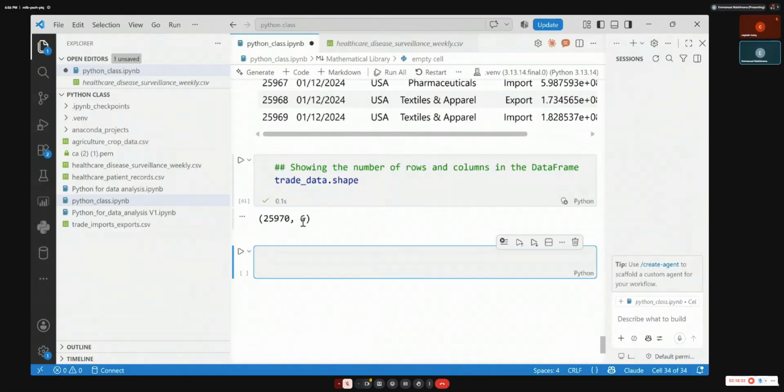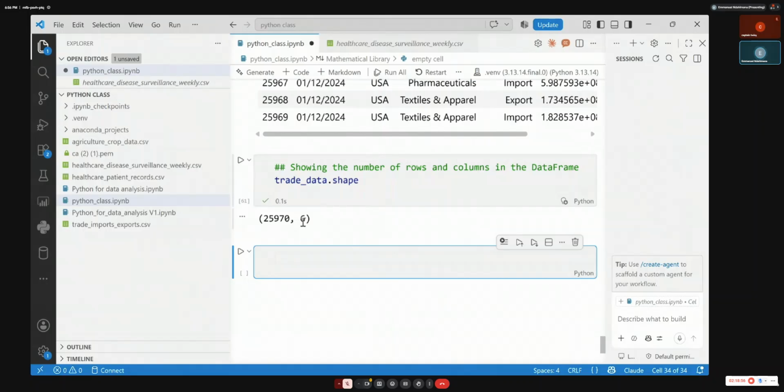Press tab to write the code from the comment. Then you run it, shift enter. You see how it's showing you the first rows.